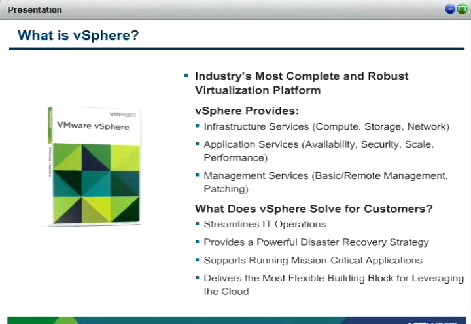We can also provide application services that look to provide better availability, security, scale, and performance for any application running inside of the virtualized platform. And then we also provide the basic management services that you would need, things like looking after an entire site, a number of machines, patching, and a variety of other capabilities. This is done in conjunction with the vCenter server that is basically the brain behind vSphere. It allows us to understand where things are and what's going on and gives us that bird's eye view into